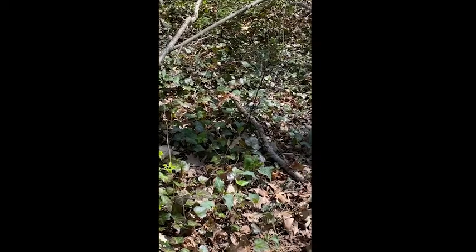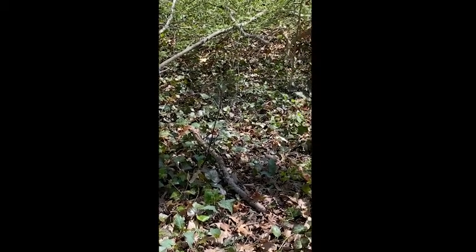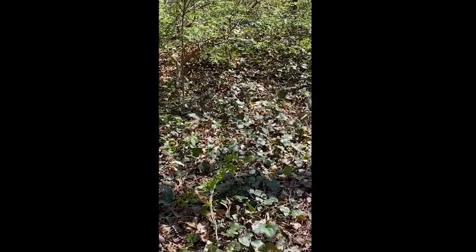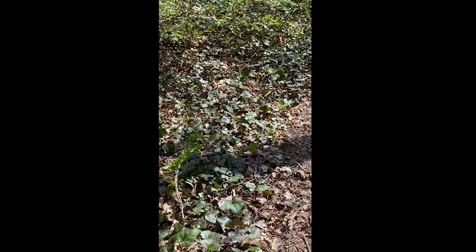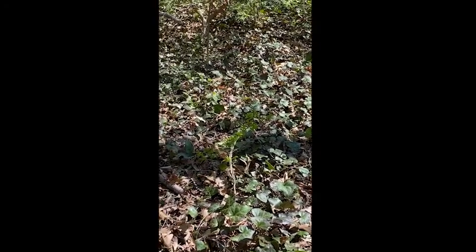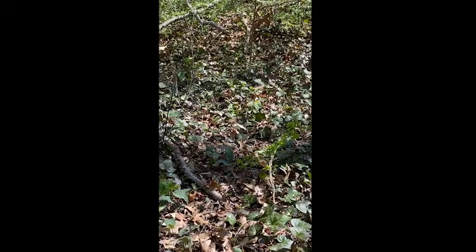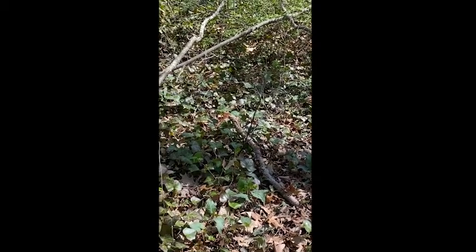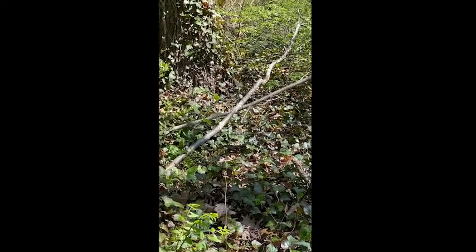Once it kills all those other plants, its shallow root system forms a mat on the ground, and this will lead to a lack of biodiversity, which makes a nice habitat for rats, something that we have a lot of, unfortunately, in Swampscott. English ivy can kill trees by growing up the trunk and eventually overtaking the canopy and preventing